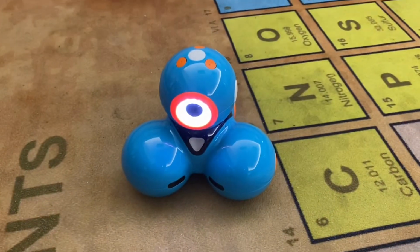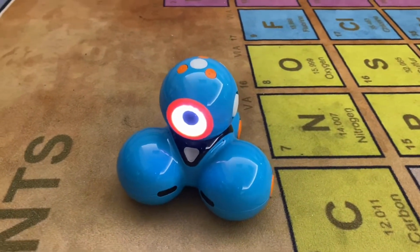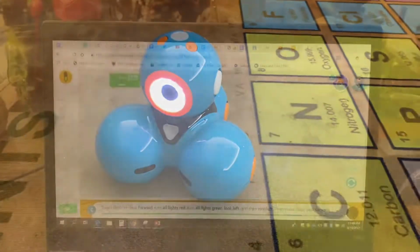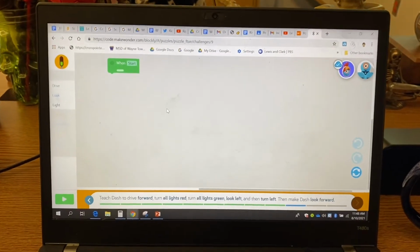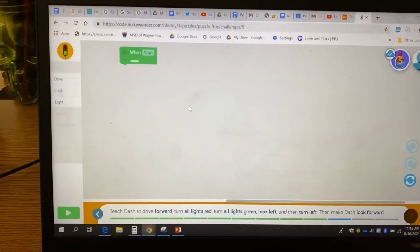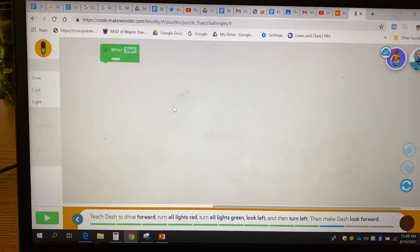Today, students are learning how to program the robot Dash. Check it out. So this is our robot Dash, and he can be wirelessly programmed using block coding to do all kinds of neat things. Students use their Chromebook and they go to block coding on makewonder.com to wirelessly code their robot Dash to do